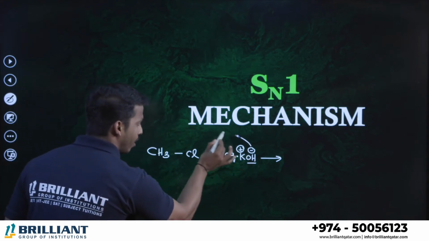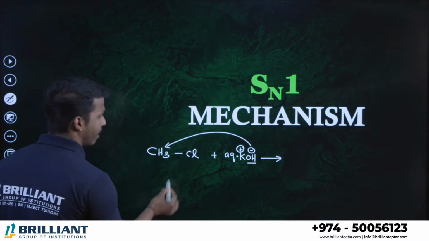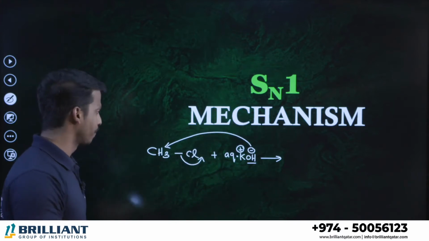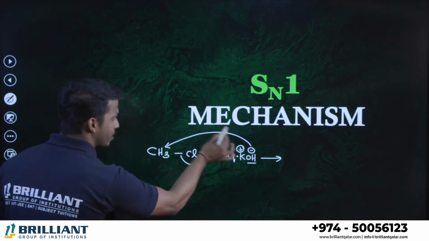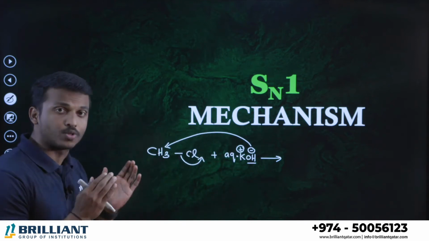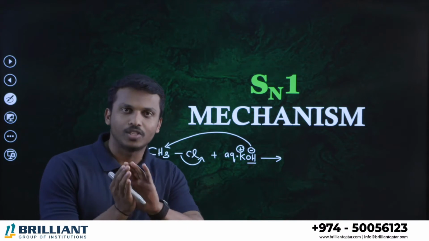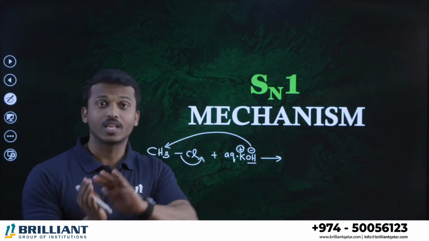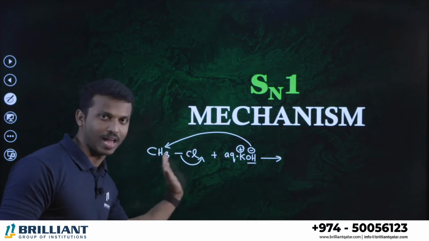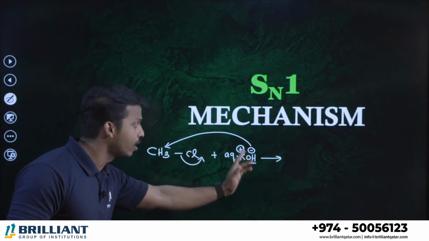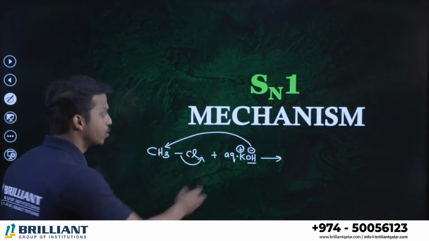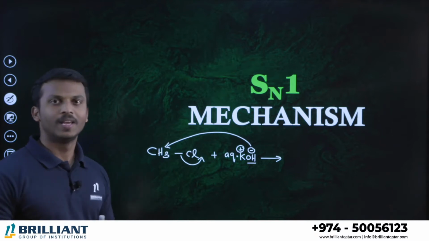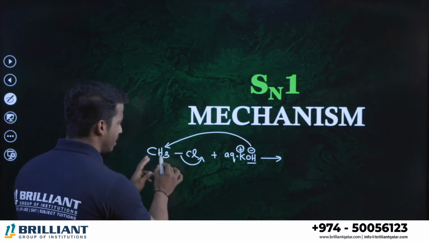So what is happening here? This nucleophile wants to attack this carbon and this halogen wants to leave. You know, halogens are good leaving groups. So this nucleophile is substituting here. If you want to substitute, one of the species wants to leave, and the nucleophile is the other one, substituting, right? Which is the leaving group here? Halogen from the haloalkane. Which is the substituting species? That is the nucleophile. So OH minus nucleophile is substituting and the halogen is leaving. This is what happens. So what is your product?